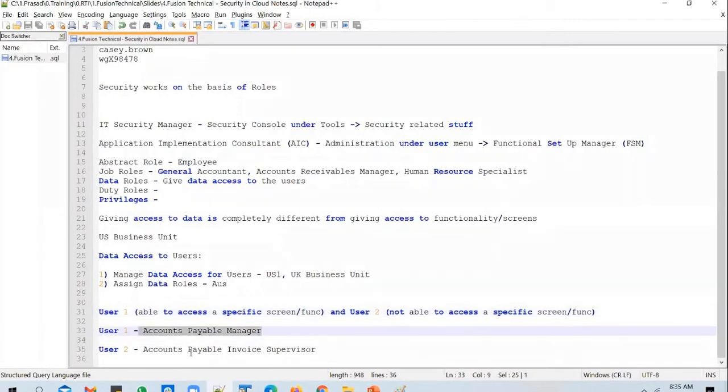If you follow the approach that I have told you, and query this role, you will have hundreds of duty roles in there, and each duty role will again have many privileges. To debug issues like this, Oracle has given a compare functionality.